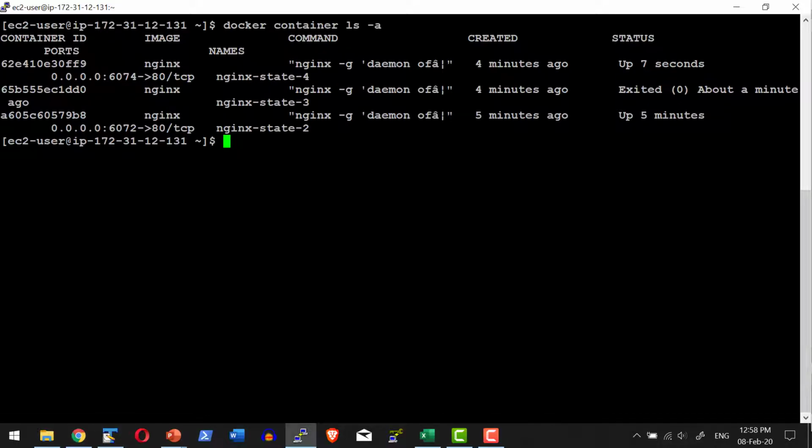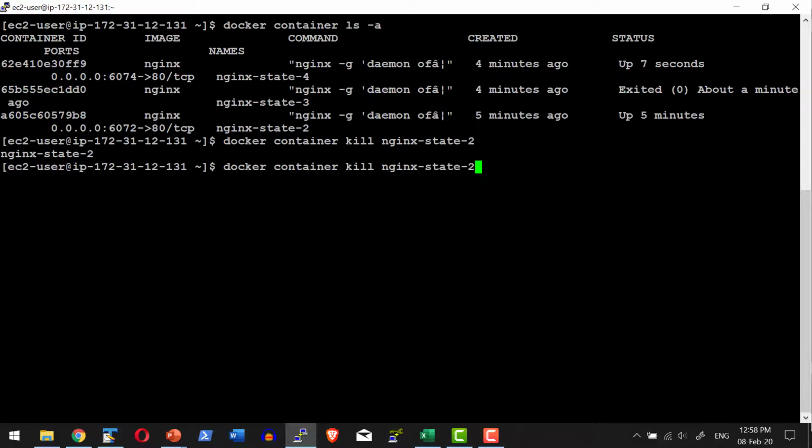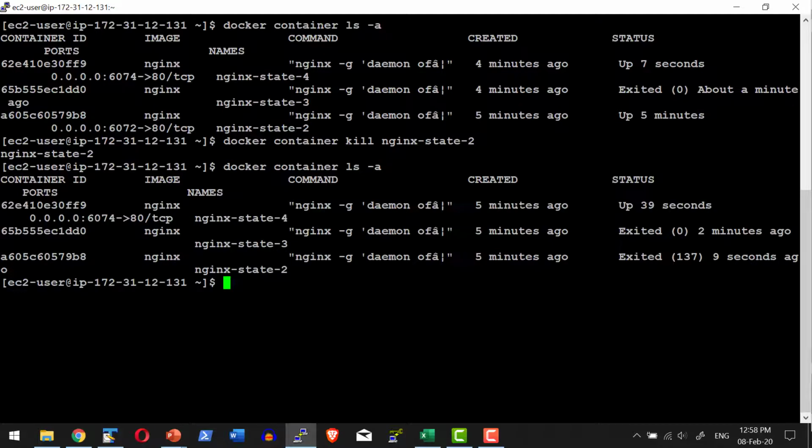The same way there is another command called kill. Let me go ahead and give the command kill. Docker container kill and then the container name. Yes. So kill is forcefully stopping it. It's not going to ask for a confirmation. It's going to stop the container without asking for any confirmation, and there will be a difference in the exit code, where it will have the exit code 137.